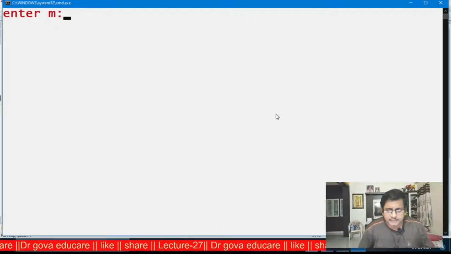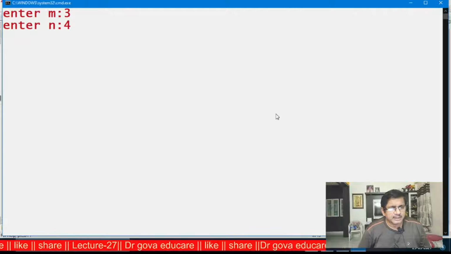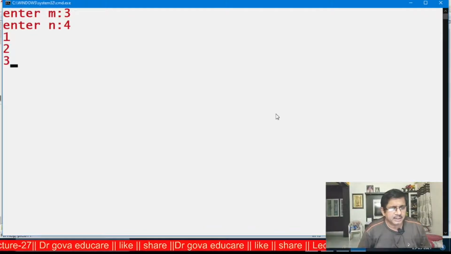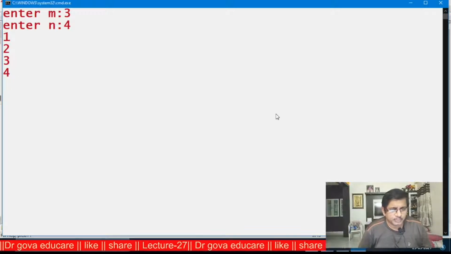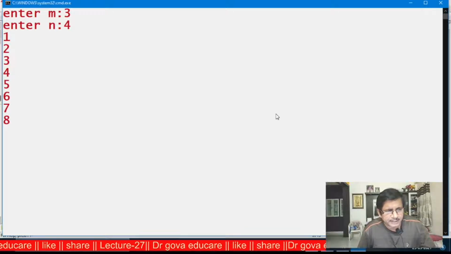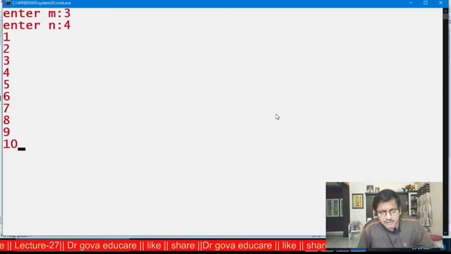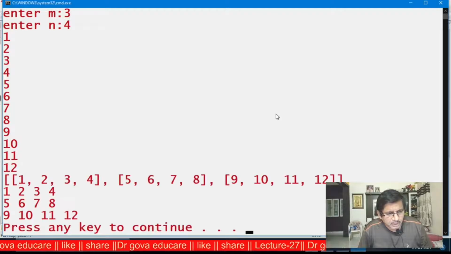Enter 3 rows, 4 columns. The total is 3 into 4, 12 elements. 1 2 3 4, this is the first row. 5 6 7 8, this is the second row. 9 10 11 12.